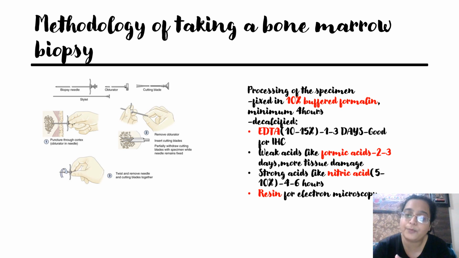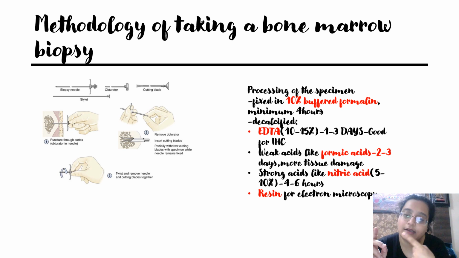The blade will have problems in cutting the tissue. The blade might break because of the hardness of the bone. Even a small 1.5 centimeter adequate biopsy has a part of that cortex which is very hard. So what we try to do in the process of decalcification is soften that bone up by chelating the superficial calcium as much as we can. I am not taking a histopathology processing class right now, so I'm not going to go into details of how you do it. But there are multiple methods.